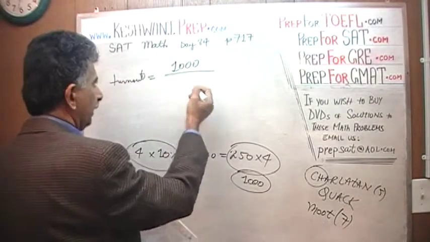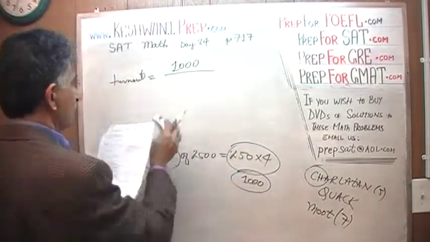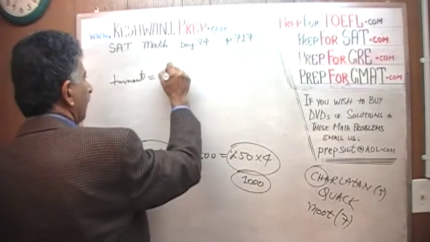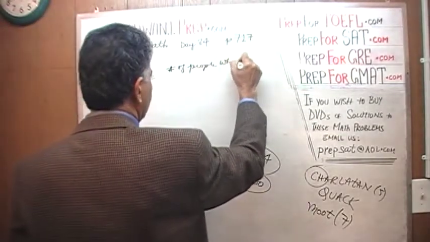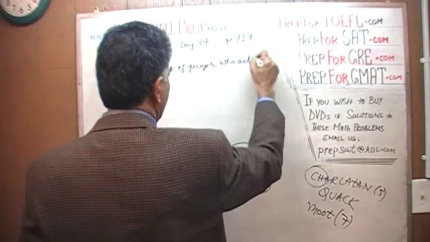So the number of people who actually voted